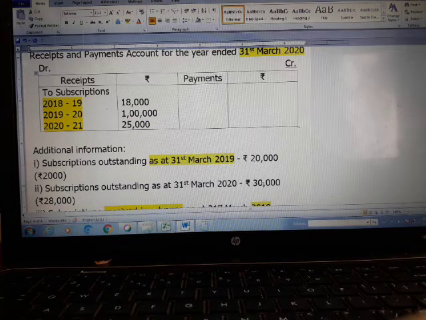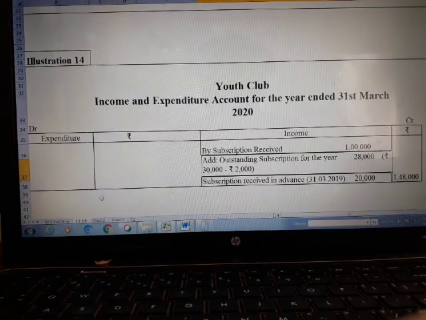If you go with 30,000, the entire sum will go wrong, because as I said, the word "as at" will make a difference. As at means the previous year balance is also floated in this balance. You should eliminate that. So I already eliminated it and I got the value of rupees 28,000. So this 28,000 only should be added, so I have added it here, and I have shown the same treatment: 30,000 minus 2,000, so 28,000.